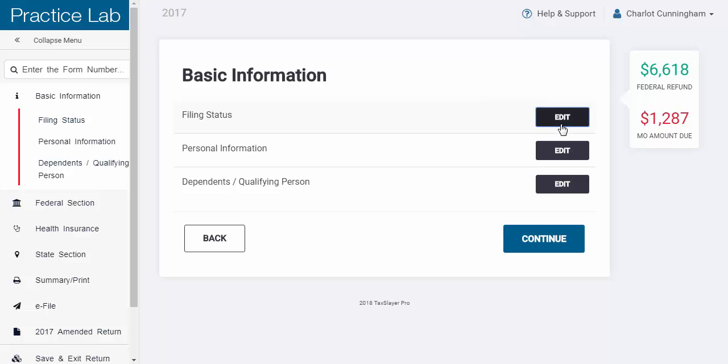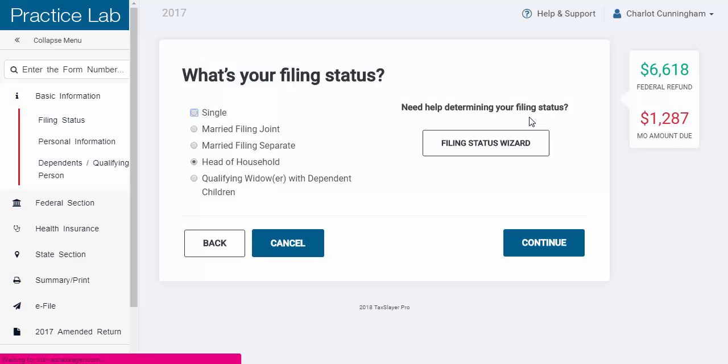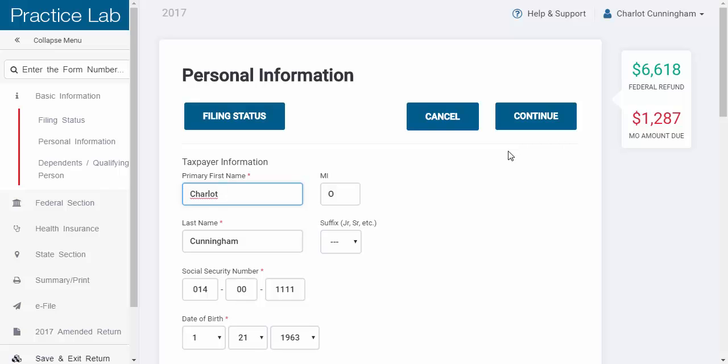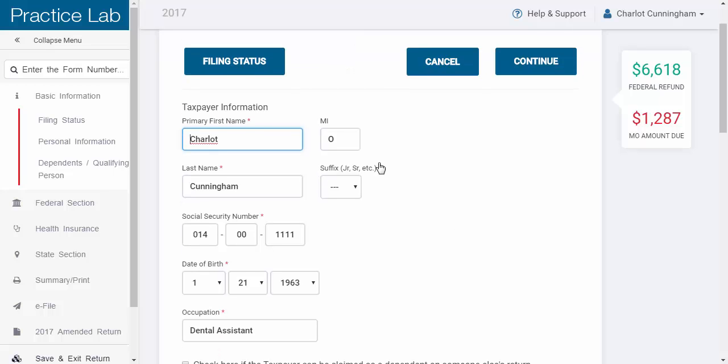So the filing status, we said that she's not going to be filing with her husband, which would normally be married filing separately, but in this return we know they haven't lived together the last 6 months of the year, and she has a qualifying dependent, so she can actually be head of household. Filing status is right. So when we go into the basic information, the first thing we see is that her name is not spelled correct. It should be